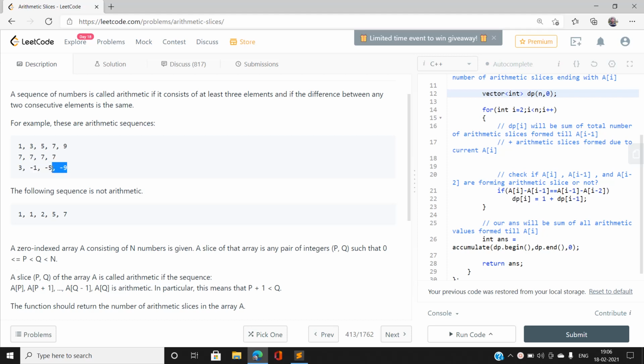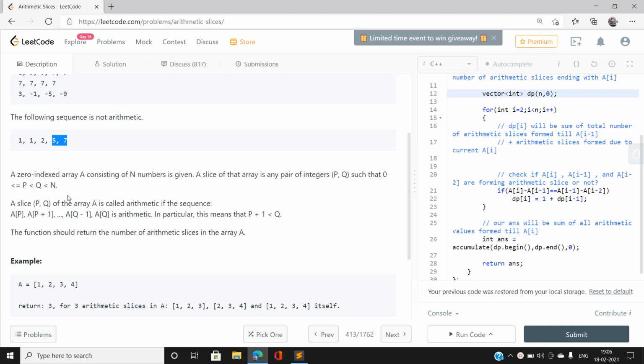Note that this array, 1 1 2 5 7, is not an arithmetic sequence. Why is this not an arithmetic sequence? This is because if you calculate the consecutive differences, between 1 and 1, between 1 and 2, between 2 and 5, and between 5 and 7, all these values are not coming out to be the same.